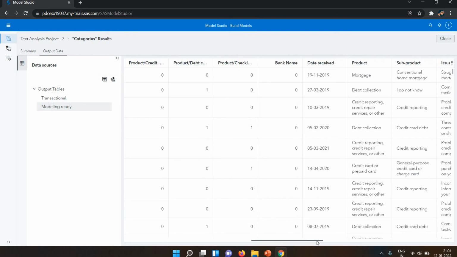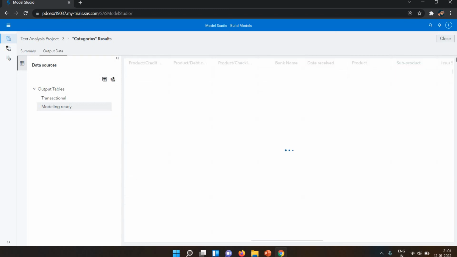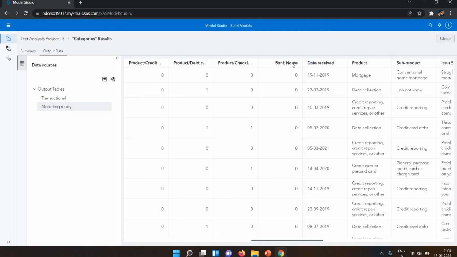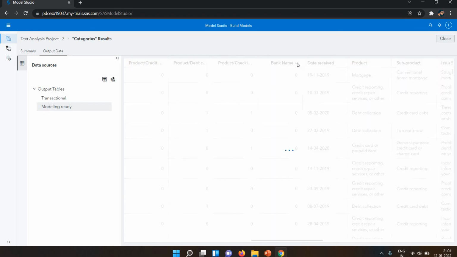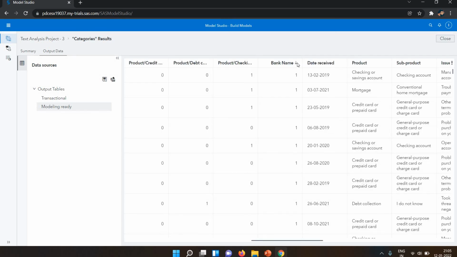Okay, and after this, now you can see here, this is where we created the bank name. I created this bank name category. Now let's see. I click on the ascending one, I need to click descending, sorry. So I click on the descending one.